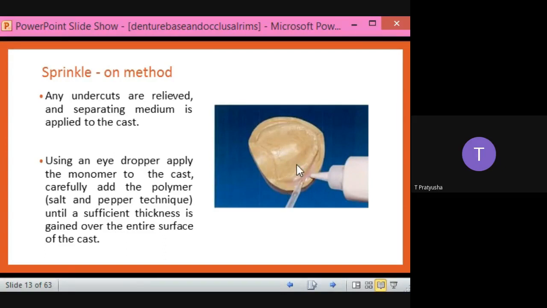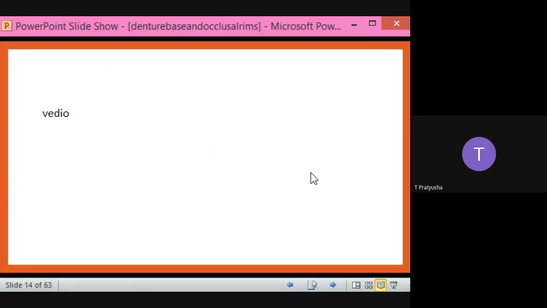Till what level we have to place is by assuming the thickness. That is why we told you there is no control of the thickness, it is very difficult to control the thickness. So when we are adding some polymer and monomer, after some time we don't know how much thickness it has come. So checking all over the areas, we start applying the polymer and monomer and start fabricating it. Here I will show you one video, so you will understand how it is done.